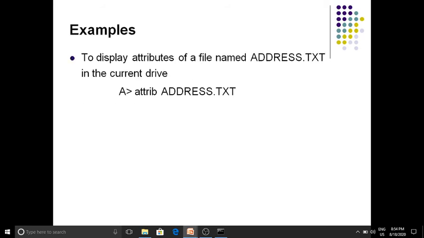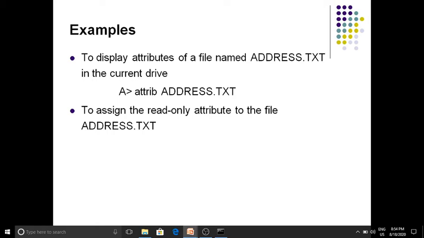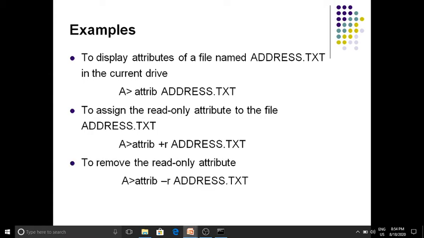So, for example, to display the attributes of a file named address.txt in the current drive, type A greater symbol attrib address.txt. To assign the read-only attribute to the file address.txt, what you have to do is type A greater symbol attrib plus r address.txt. To remove the read-only attribute, A greater symbol attrib minus r